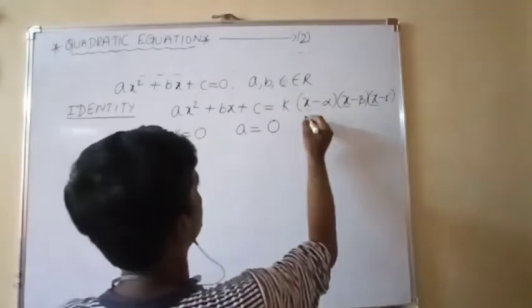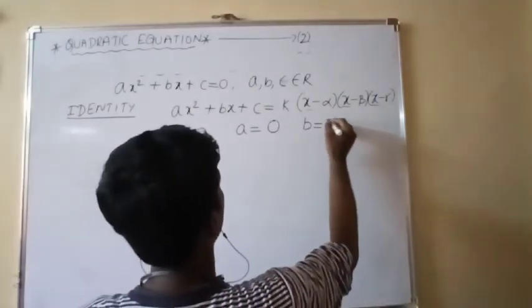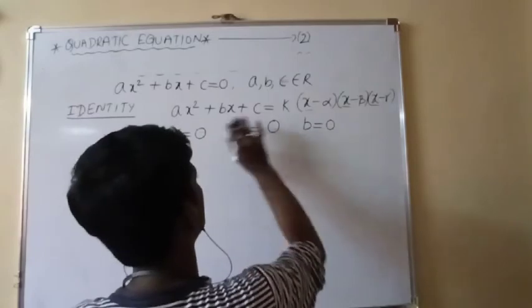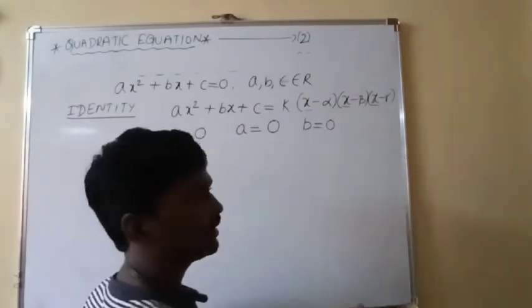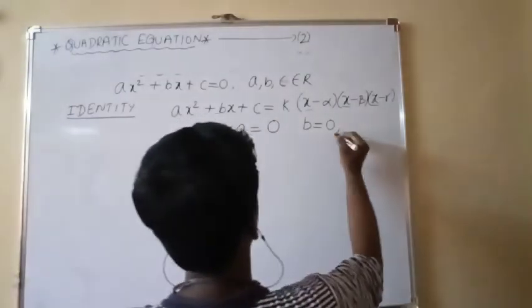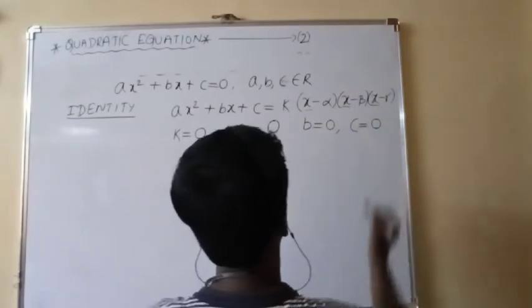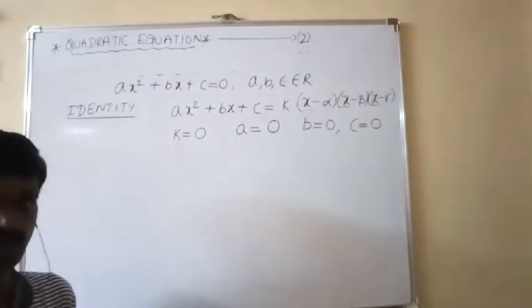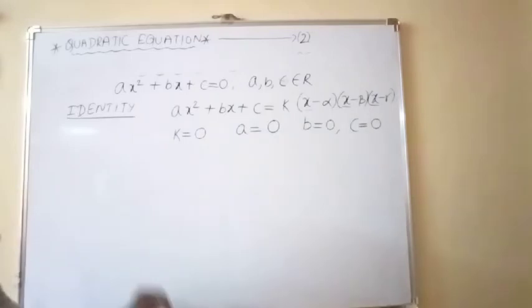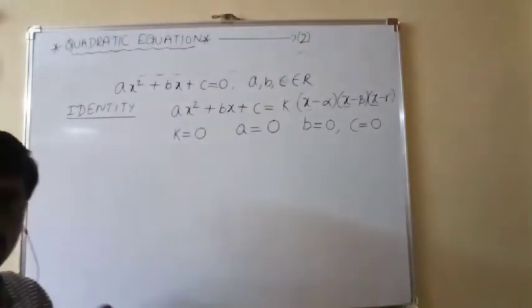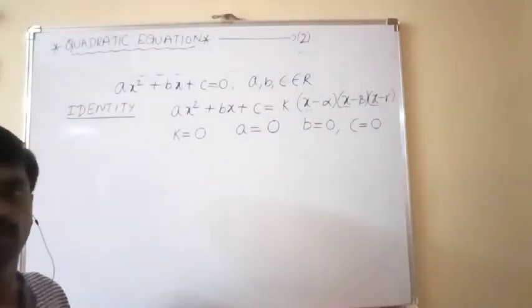0. Similarly, if you compare the coefficient of x, here it is b, and on the right k into something, and k is 0, so b is 0. If you equate the constant terms, c value is also 0. That means if this quadratic equation has more than two real roots, more than two different real roots,